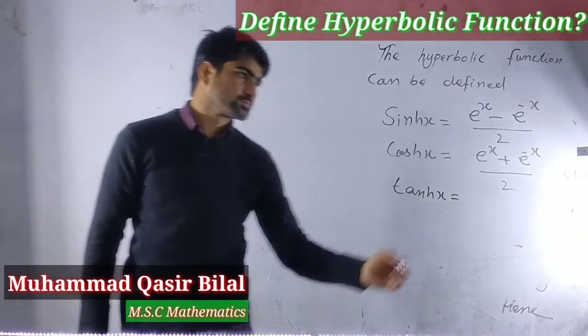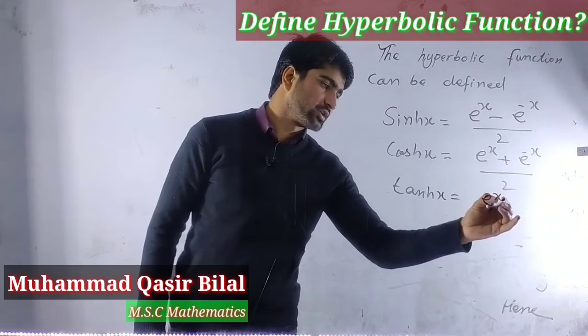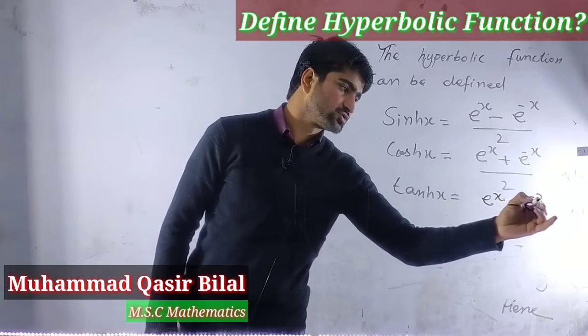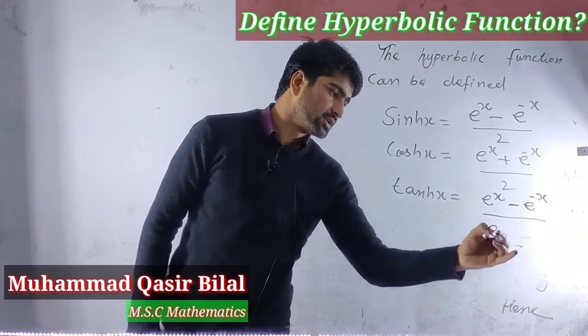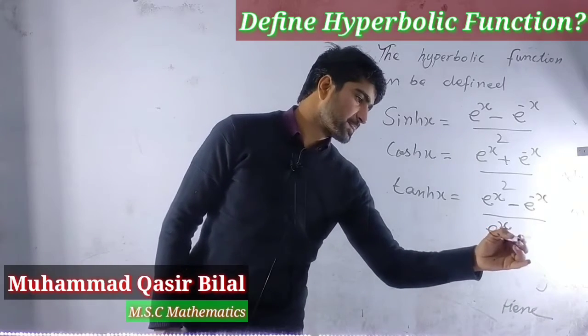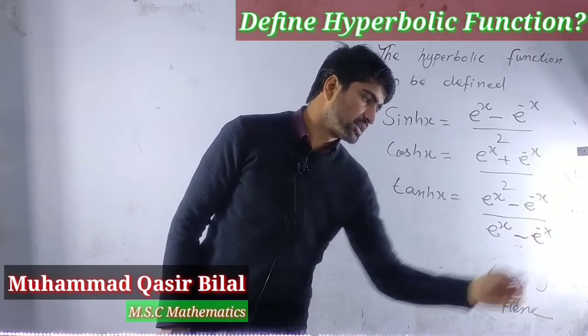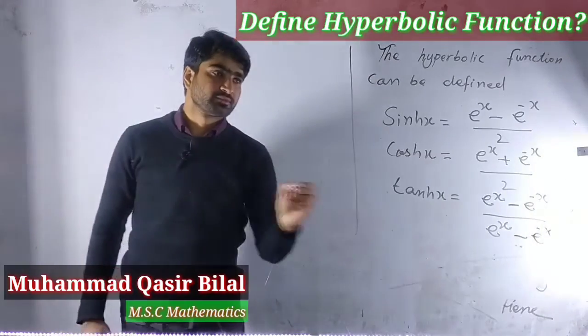e raised to power x minus e raised to power minus x divided by e raised to power x plus e raised to power minus x. Because